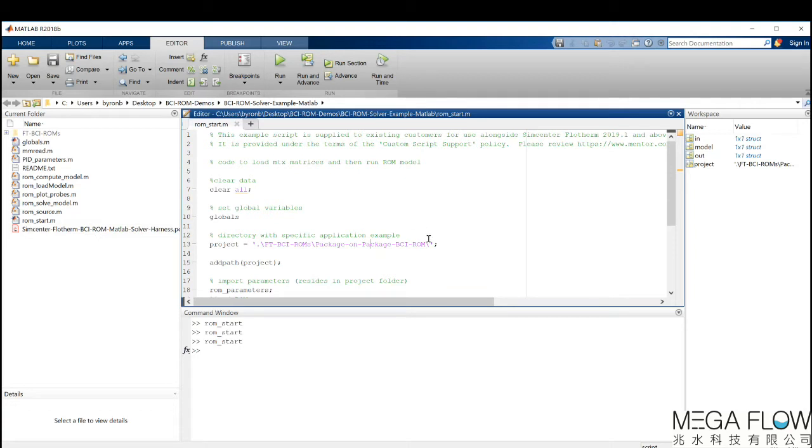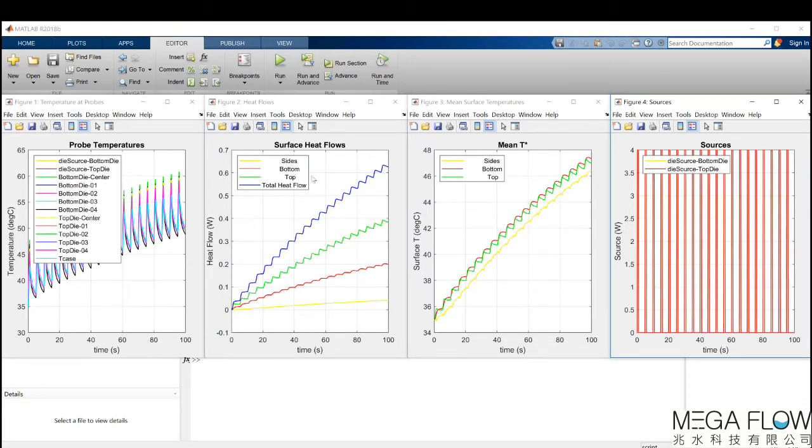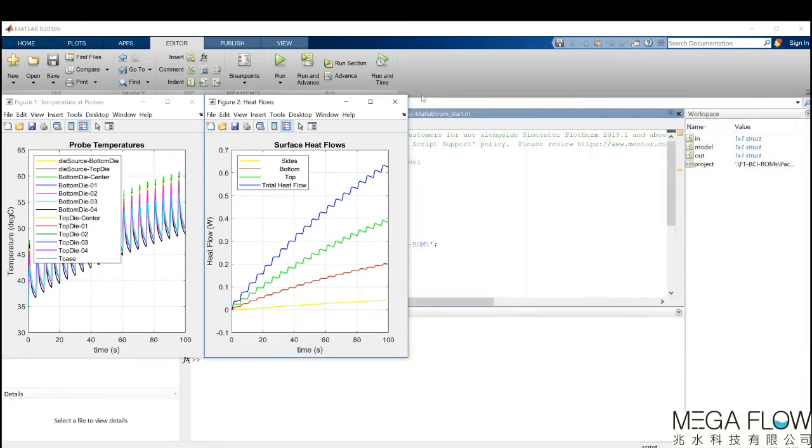So this is all set up with the same power dissipation profile that was found in Flotherm. All I have to do now is hit solve in MATLAB. It'll take a couple of seconds to produce the results. This example is pre-configured to show a plot of temperature versus time, surface heat flows versus time, mean temperatures at the surfaces versus time, and a reminder of what the power dissipation was. Close down the other ones and just focus on the